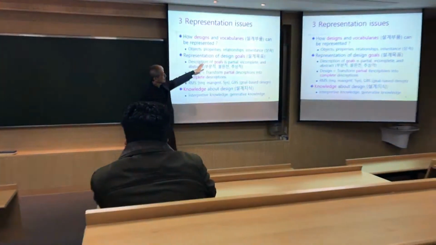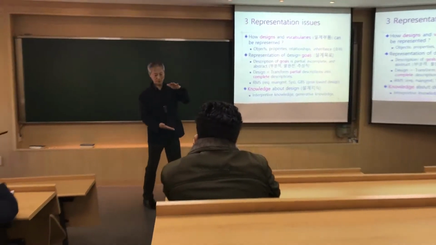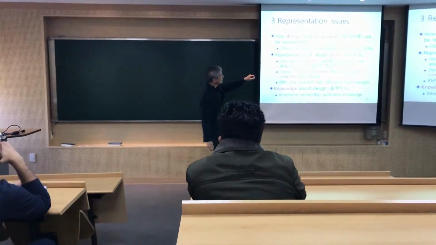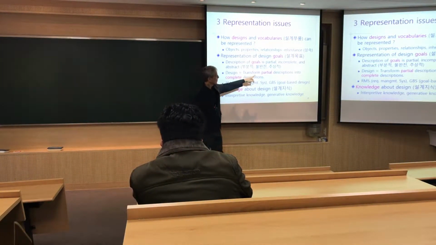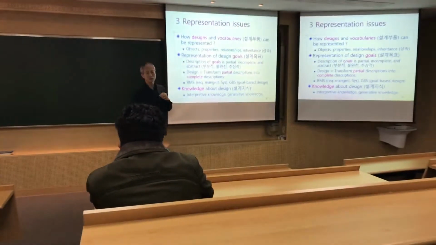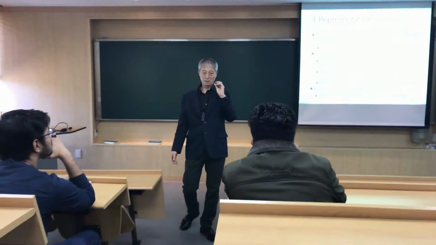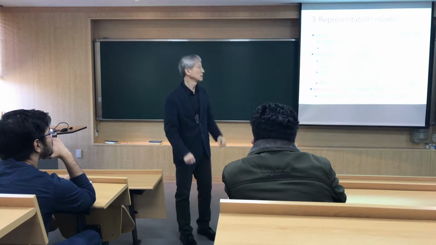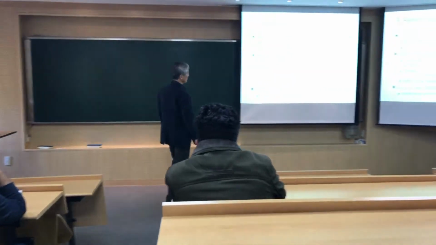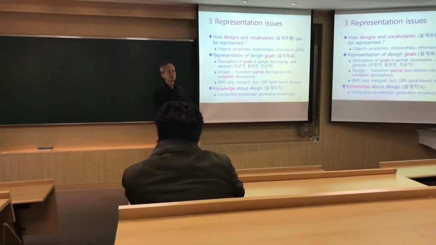At the beginning it is very simple, but there should be design transformation starting from a partial description. A partial description means I want to design a smartphone for Indian ladies. That is a very simple and partial description. It must be transformed into a complete description, which can be a CAD model of the smartphone.